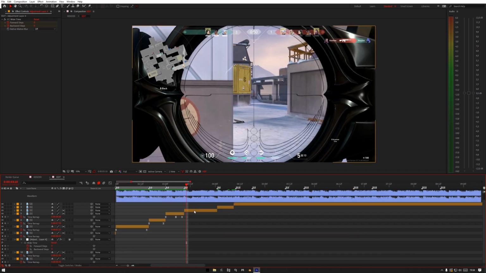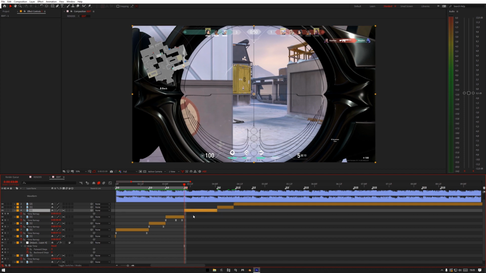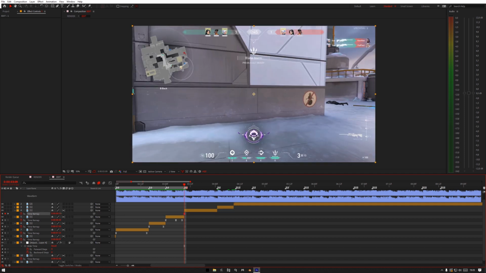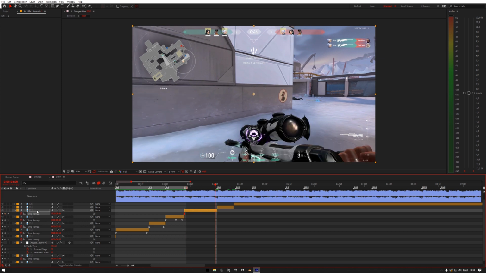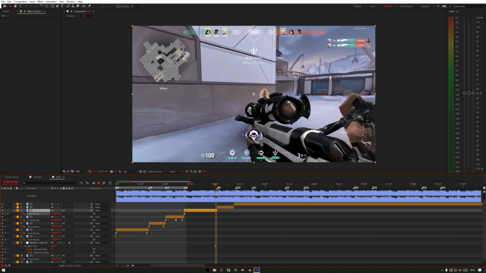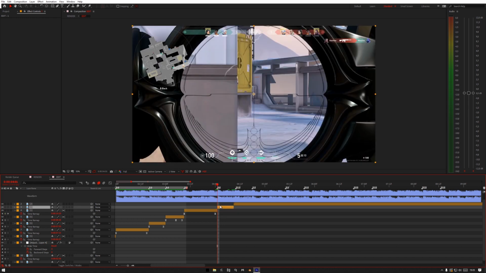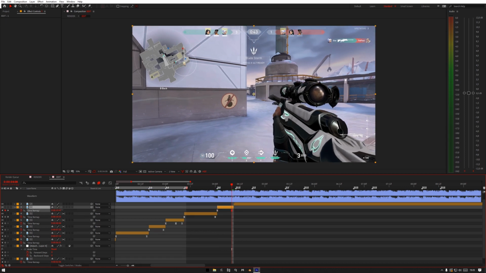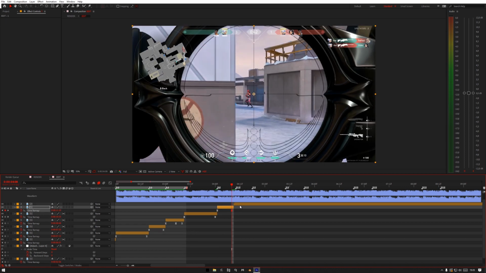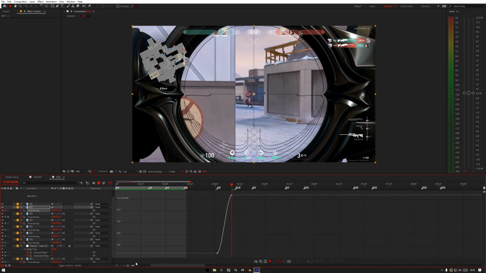I'm just going to finish off this part really quick. So we're going to go into the time remap right here. And this is where he pulls out the gun right here. And we're going to move it forward right before he scopes in. So probably like right here. Now go into this one and then right before he shoots, so somewhere like right here, I'd say. Now highlight this, do that, and then